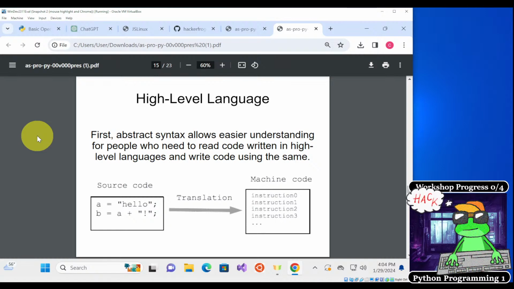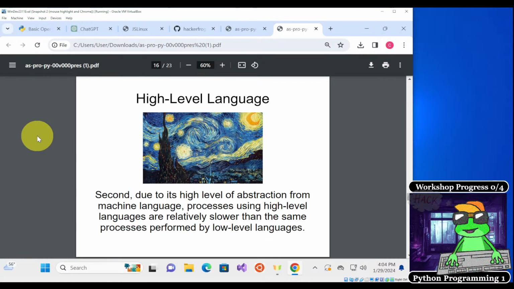First, abstract syntax allows for easier understanding for people who need to read code written in high-level languages and write code using the same. So since Python is a high-level language, we can write in syntax that is a lot easier for us humans to understand, as opposed to instructions that look a lot more like something out of some sort of technical manual.